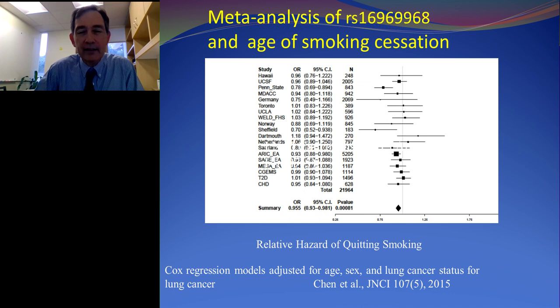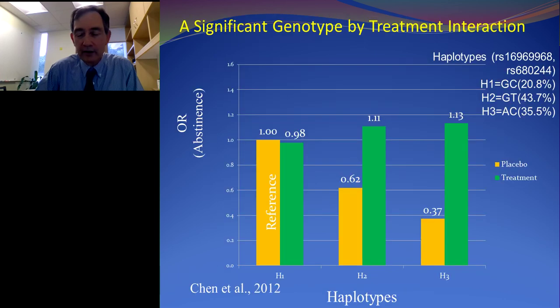And there's another variant in the region that affects expression of CHRNA5. So the two variants co-occur on chromosomes, and when they do that, they form a haplotype that is a higher risk haplotype for higher amounts of smoking and more difficulty in quitting.